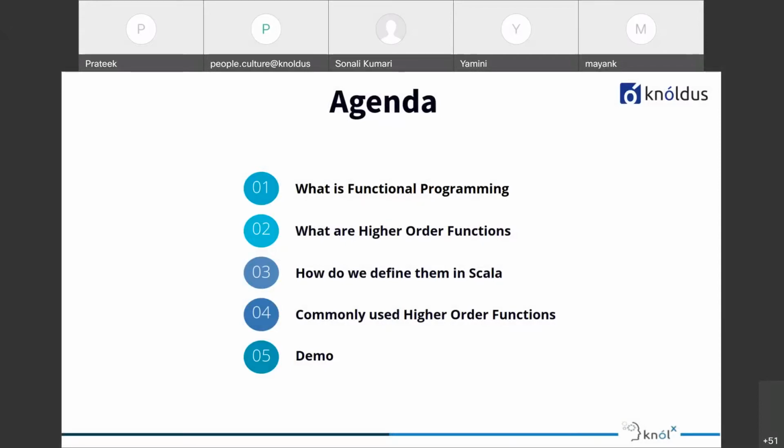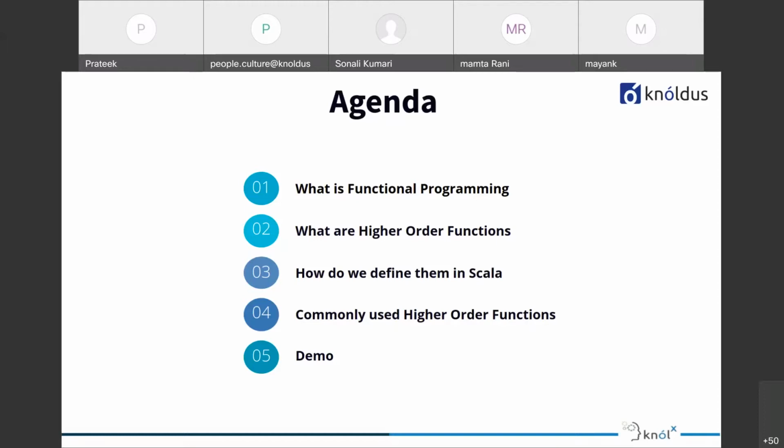Then we'll see how we can define them in Scala, and after that we'll learn about some of the commonly used higher order functions in Scala, and finally a demo where we'll see some examples of higher order functions, how we can define them in Scala, and we'll also use some of the predefined higher order functions in that demo part.